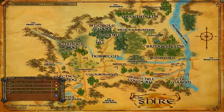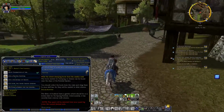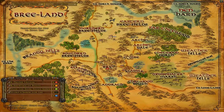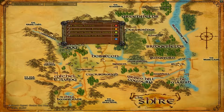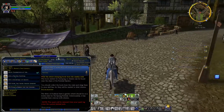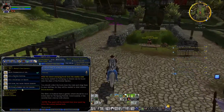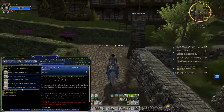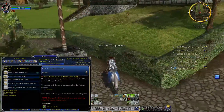So I think the rest of these quests are all in the Shire. Let's just check this one. Is this one in the Festival Gardens? Or is it in the Shire Festival Garden thing? Which is there, I think. Sanson's Farm, I think that's where it is. And there's also one at the Party Tree. And there's also one by Bywater. So let's also put that quest on. But that's, oh, that's a weird quest that I'm not 100% I'll do. But we...